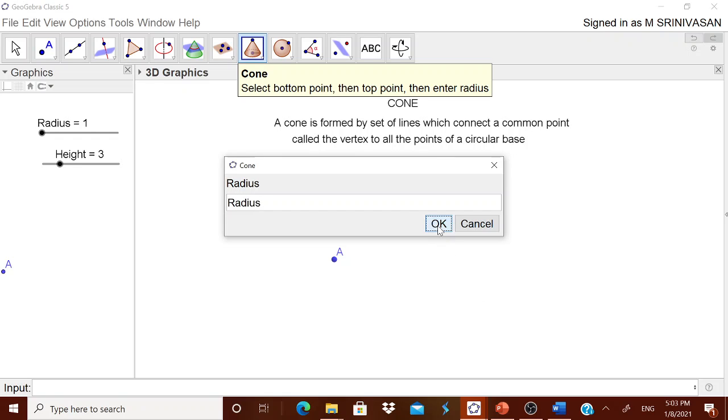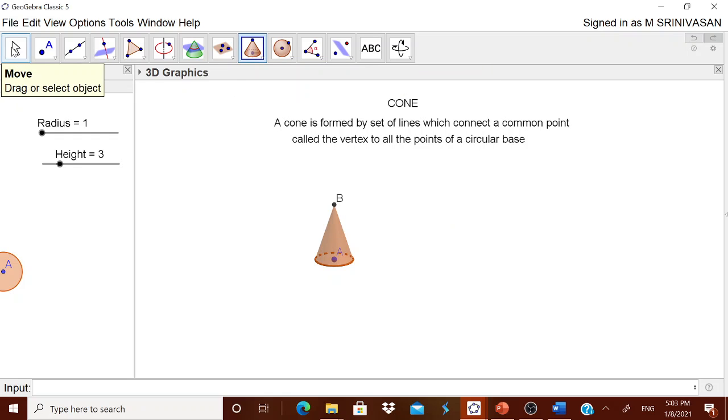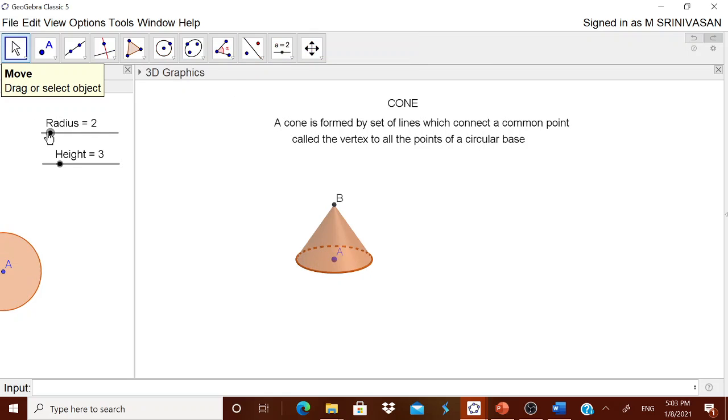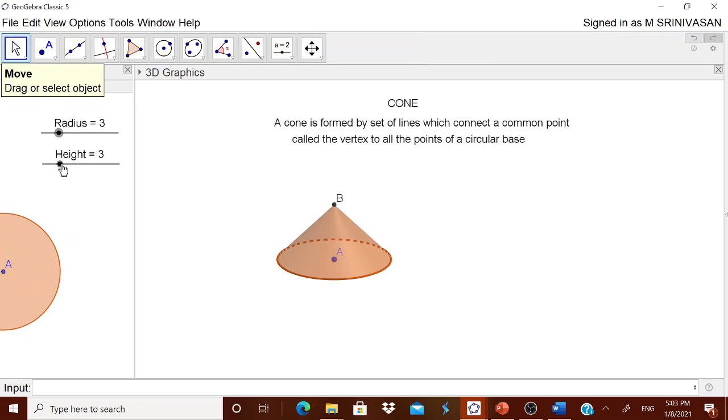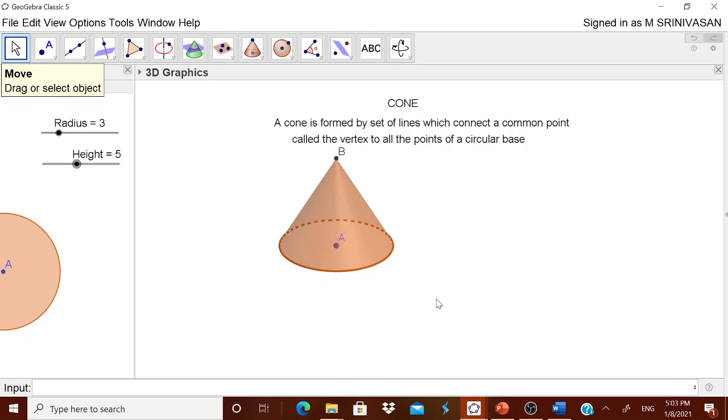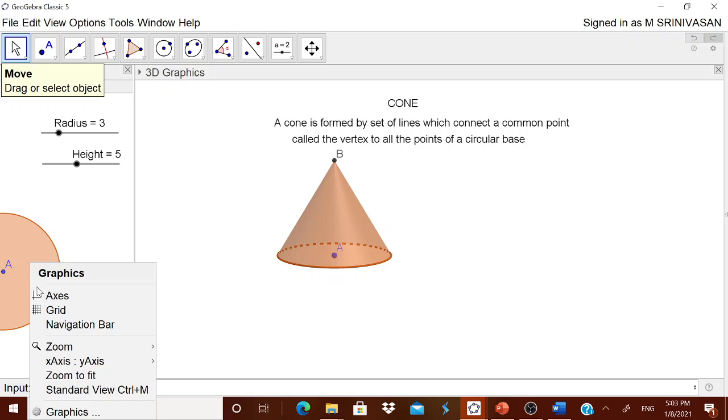Okay. Now I got the cone. When I move this radius, the cone changes, and I get the height also. Okay, now, highly interesting. Now what you can do is, if you want to have this